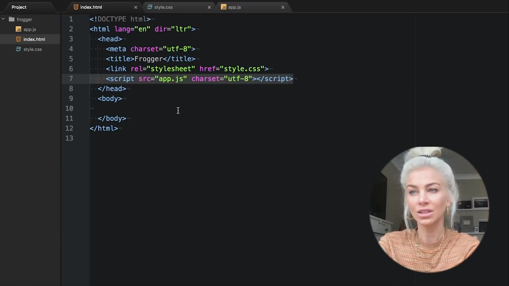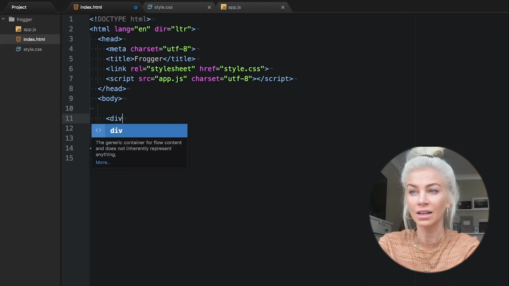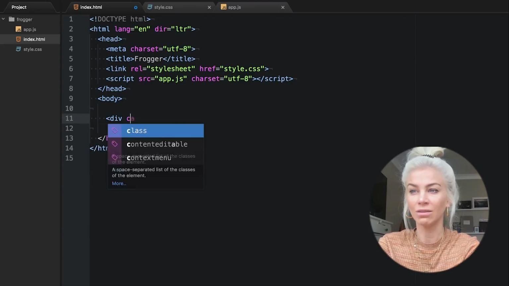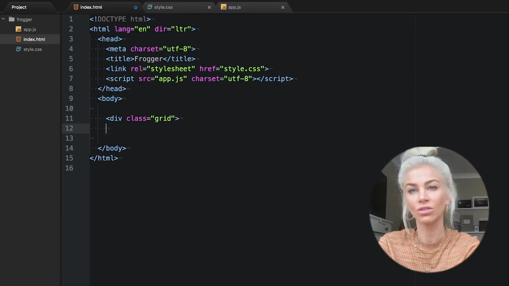Now we have that, let's do some basic visualization of the grid and add a start and pause button for the game, and an h3 tag letting us know how much time we have left or whether we have won or lost.